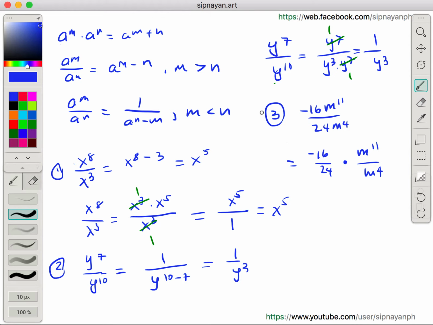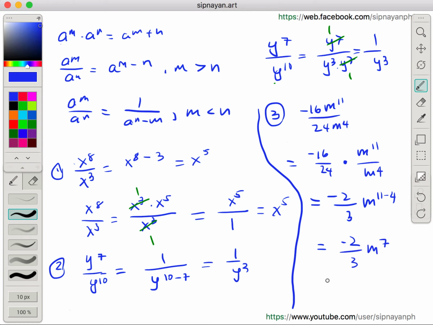Okay, so what is negative 16 over 24? Pwede tayong lowest terms. We divide both the numerator and the denominator by 8. So that's negative 2, no? Negative 16 divided by 8 is negative 2. And then 24 divided by 8 is 3. And then yung m to the 11 minus 4, no? By this law, we have negative 2 over 3 times m to the 7th,